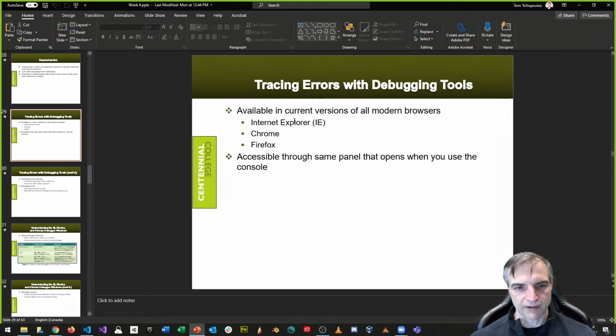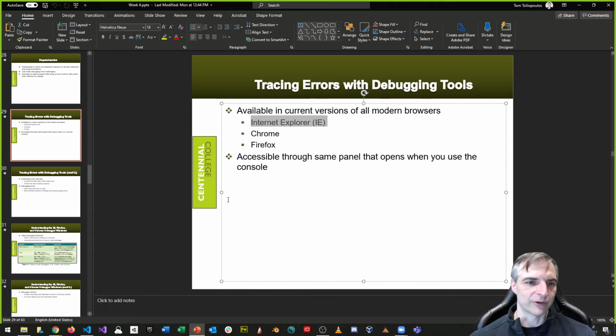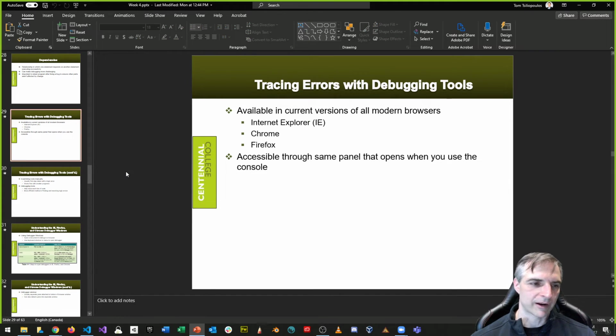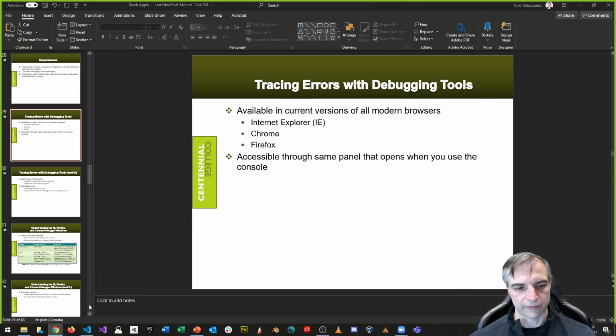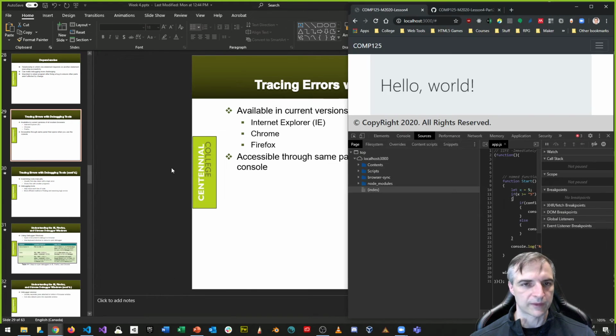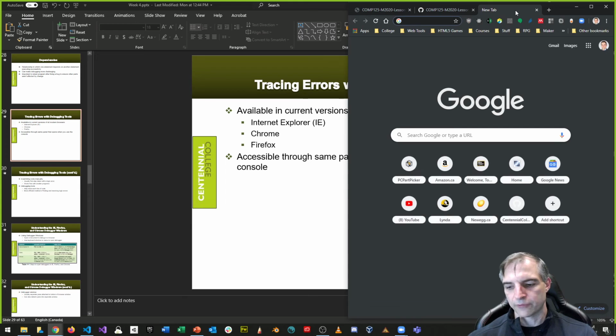See where it says IE here? I don't use IE or Edge for anything, because it's not great, and you're not going to get a great experience. And IE has come a long way, to be fair to Microsoft and the team that they have there. But if you look at